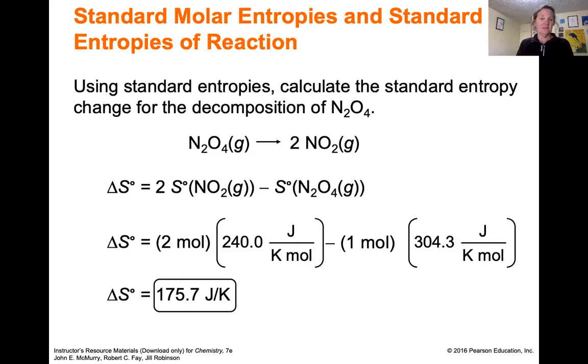And don't forget the units. The units on entropy will always be energy per temperature, and temperature has to be in Kelvin, so our book will use units of joules per K. If you have a quantity, it will be joules per K, gram, mole, something. But here, this is just joules per K per the reaction.